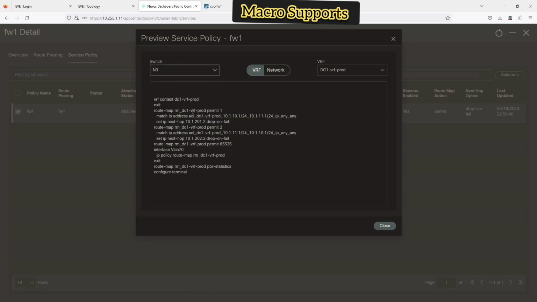So route map DC1 VRF prod permit 1 match IP address ACL DC1 prod 10.110 to 10.111 IP any set IP next hop